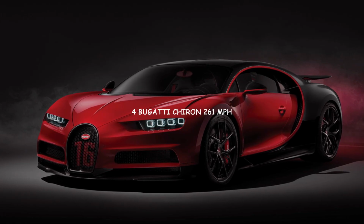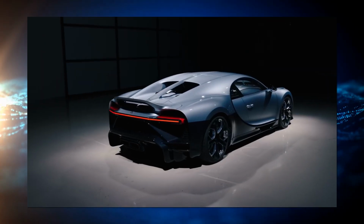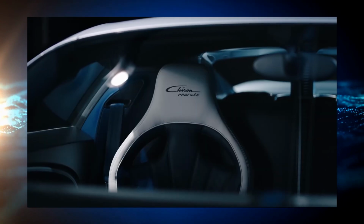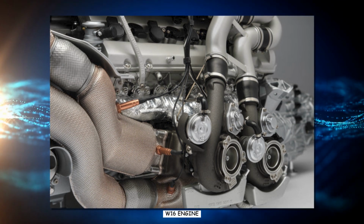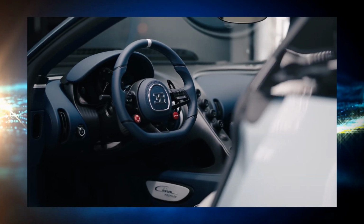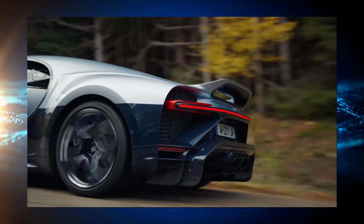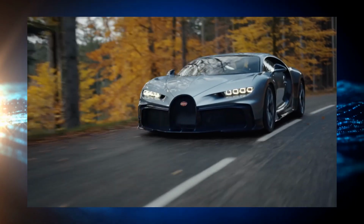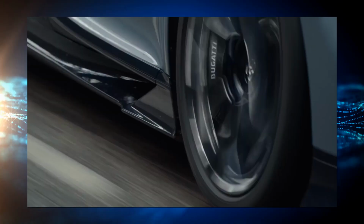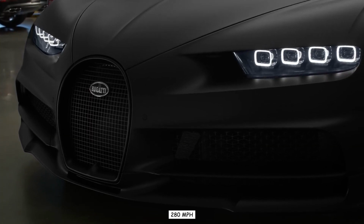Number 4. Bugatti Chiron, 261 miles per hour. The Chiron was created by Bugatti as a replacement for the already record-breaking Veyron Supersport, because the company never backs down from a battle at top speed. The Veyron's 8.0-liter quad-turbocharged W16 engine is used in the Chiron, but it has been tweaked to create significantly more power. However, here is the intriguing part. The Bugatti Chiron's 261 miles per hour top speed is electronically restricted for safety reasons. Let's just say no one has created a tire that can withstand speeds higher than 280 miles per hour. Although Michelin claims to be working on it, don't anticipate top speeds to exceed 280 miles per hour until tire